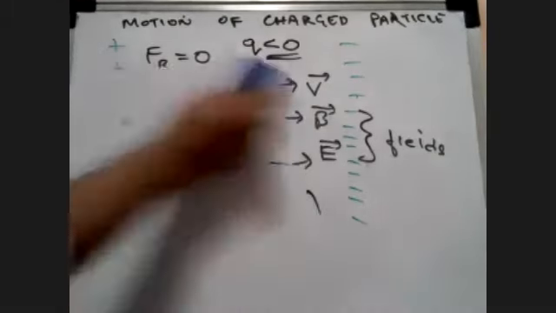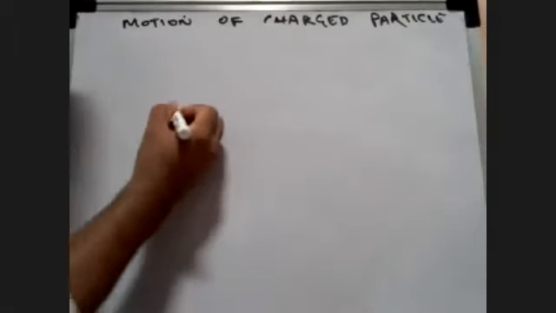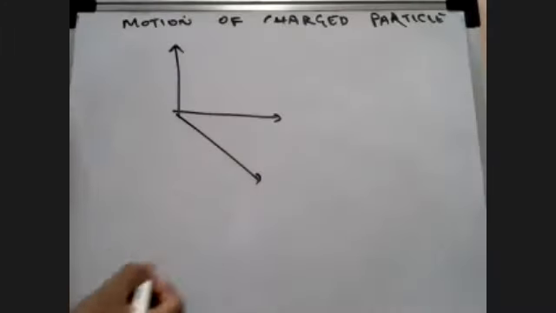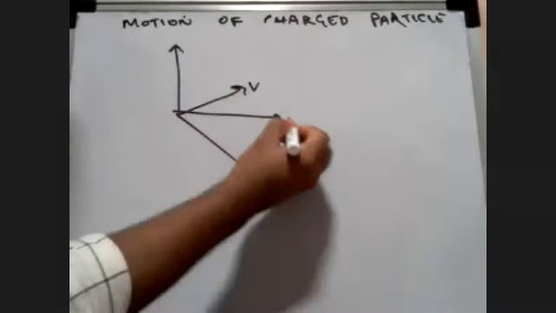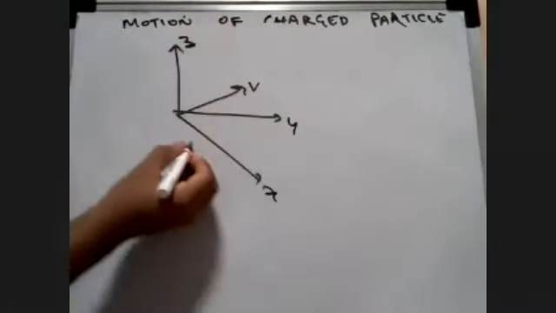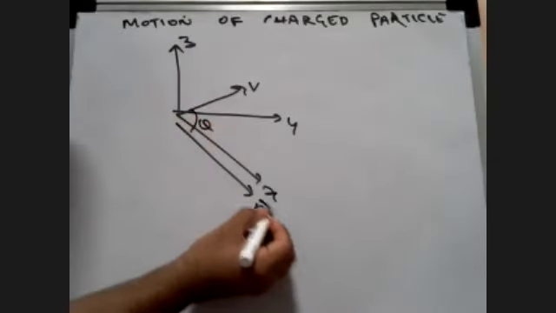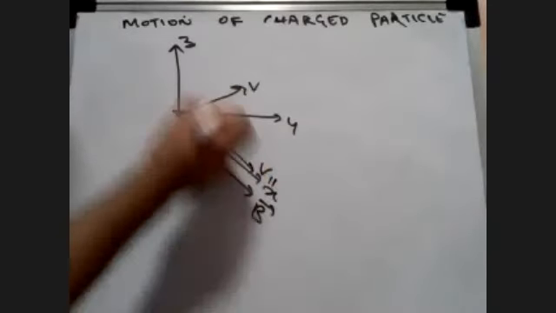Since there are only 2 minutes, I don't want to start with a new concept here, but I just want to tell you again that it is something very easy. This is the x-axis, this is my y-axis, and this is my z-axis. Students, if there is a velocity vector v here, having some angle theta with the magnetic field, the velocity vector will be divided into two, that is v parallel and v perpendicular.